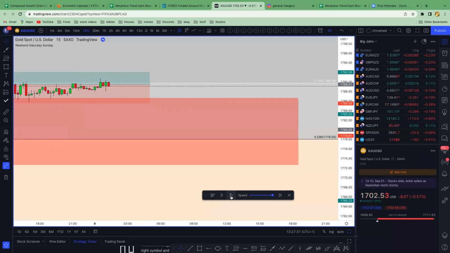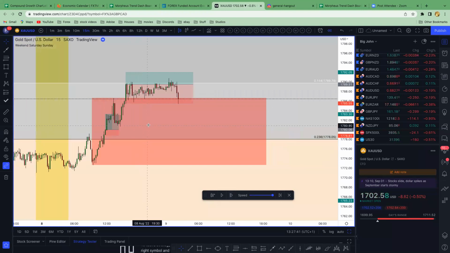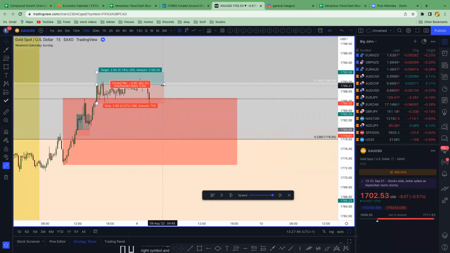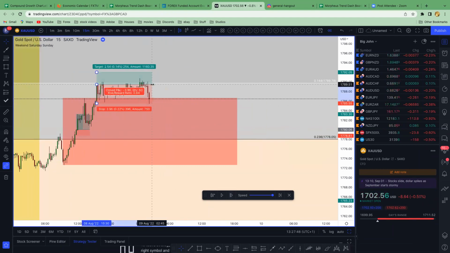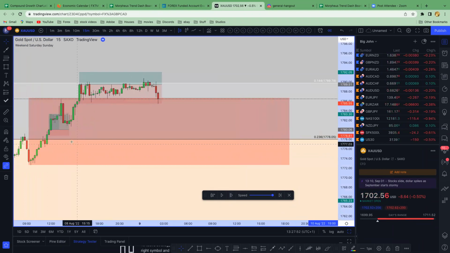Ooh, are they going to give it to us? Nope, they hit stop loss. So that trade would have hit stop loss. That would have been a very long trade to hold, but it eventually hit stop loss. That's fine. So we just put that trade there. And now we can see where's our swing low. So I can see my swing lows here, my swing highs up here.